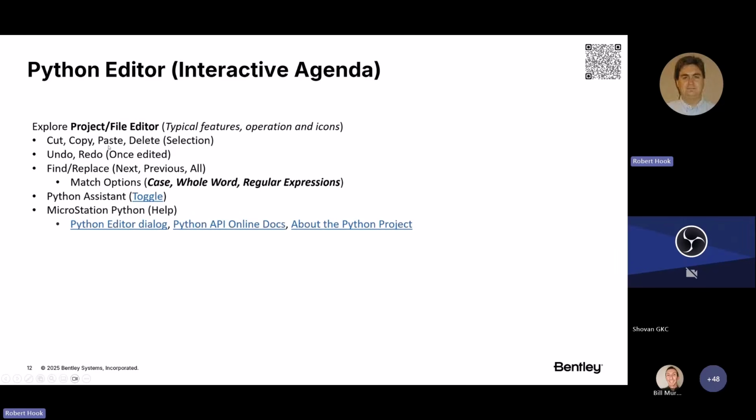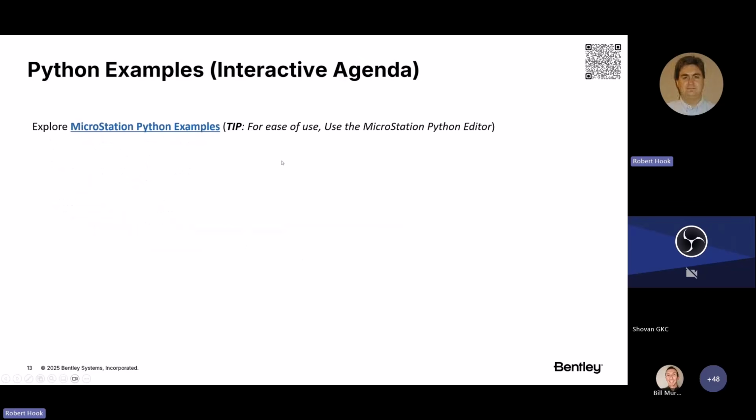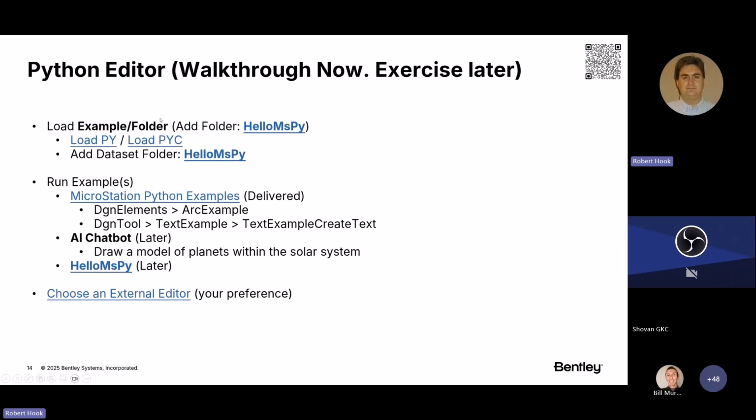There's more on the editor. We talked about the Python toggle and the Python help, the three different online locations I conveniently put there for you. A tour of the Python examples we did. We talked about the examples folder, how to load a Python or a PYC. We added the dataset folder, hello MSPy. The run examples is part of an exercise later,